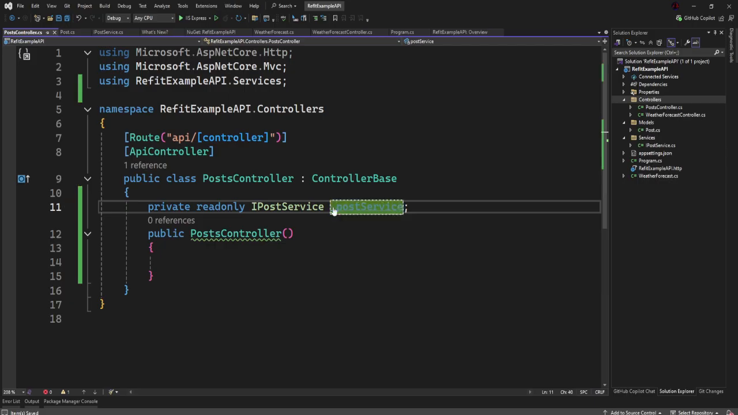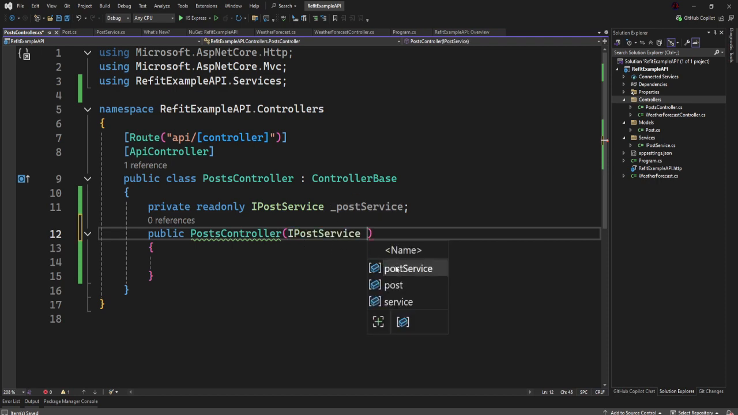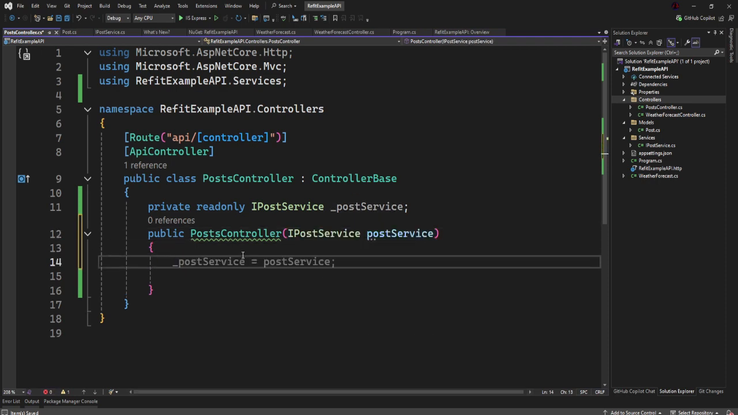Then I can call this post service. So this is underscore post service. Then I can inject this here. I can say this post service. Then I can reuse it here. So once I have this, then I can now create my